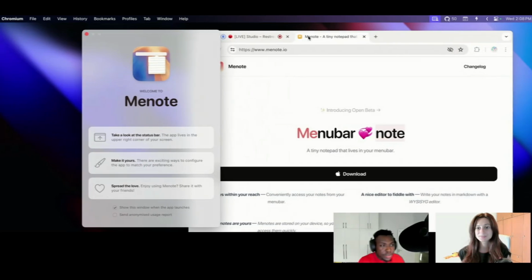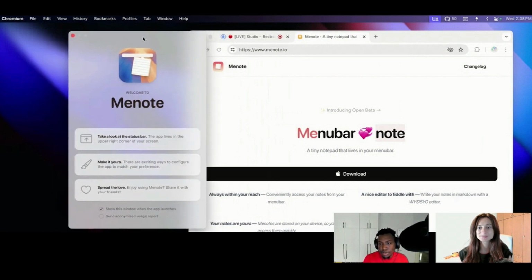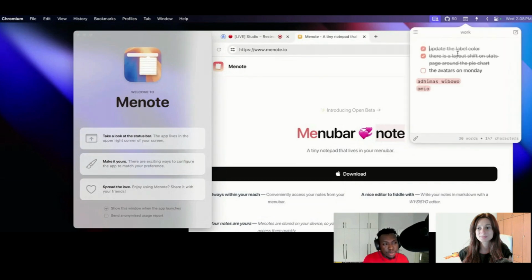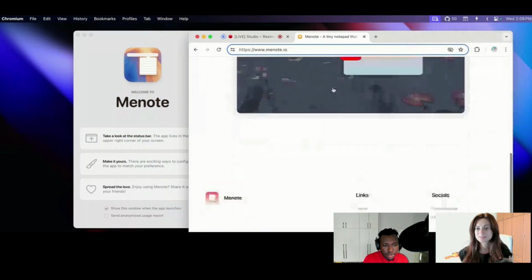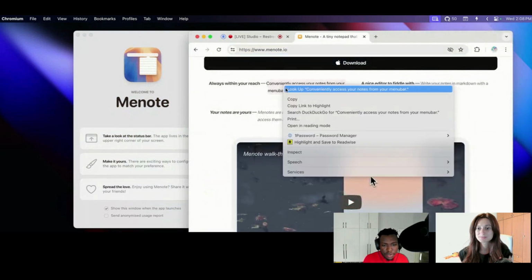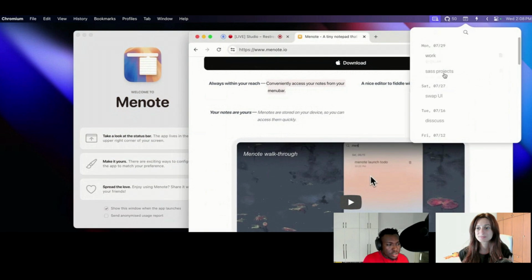Oh, okay, cool. Menote, the idea is simple. The idea was to have a simple note-taking app right there in your menu bar. So say you want to quickly take a note, or maybe you're surfing the web, and say you have some text, you just want to copy it and do something, right? You can just paste it over and take your note. So it's like your temporary continuous buffer.